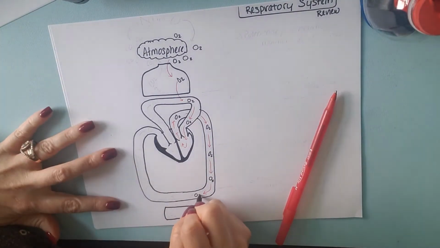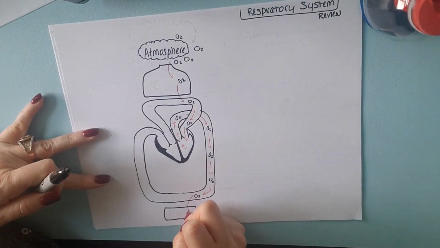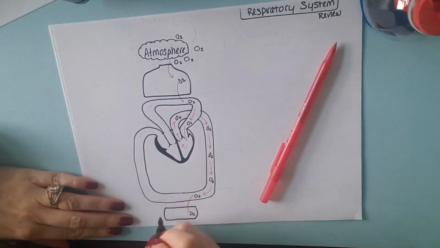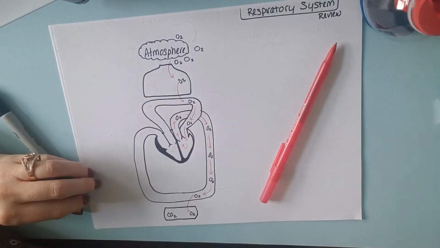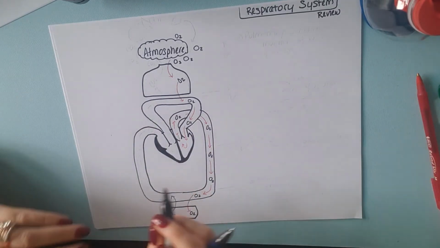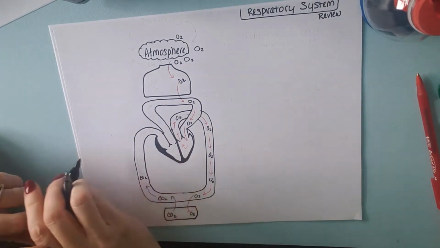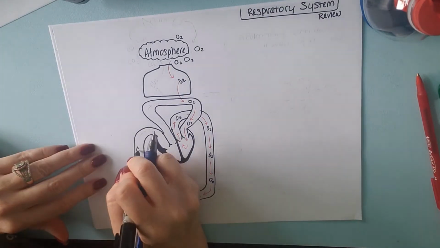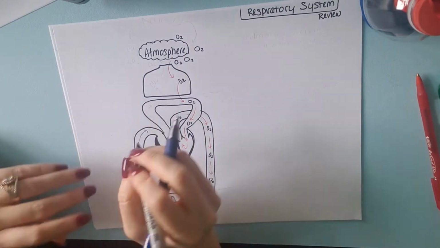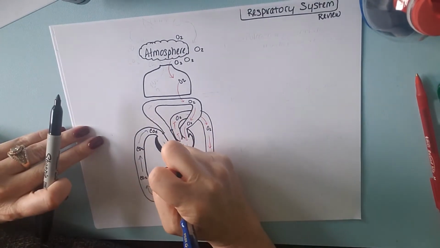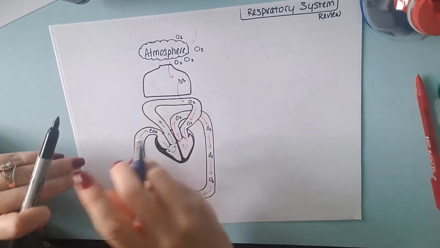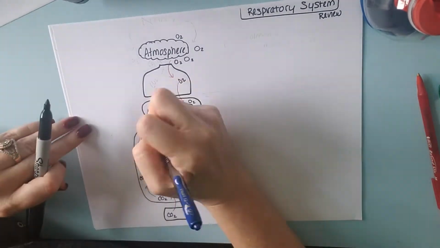And then once it gets to the bottom, then it transfers into the cell tissues. And then CO2 comes out and goes back into the blood. And CO2 then has to go out through that same transport system back to the heart, which you guys better all remember this. Back to the heart, and then pumps out the heart on that right side